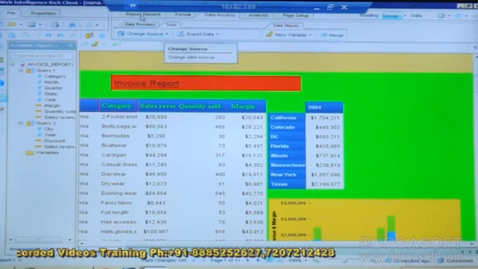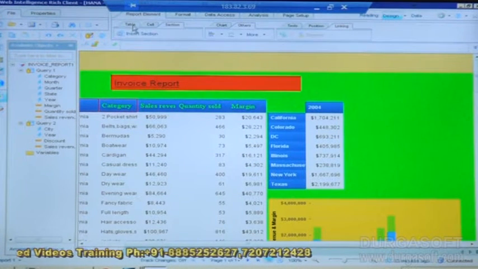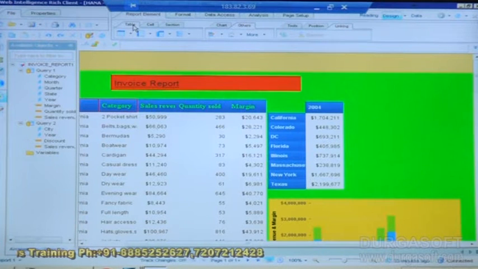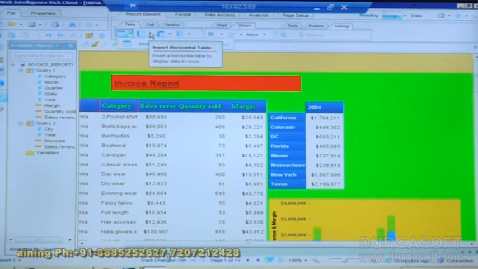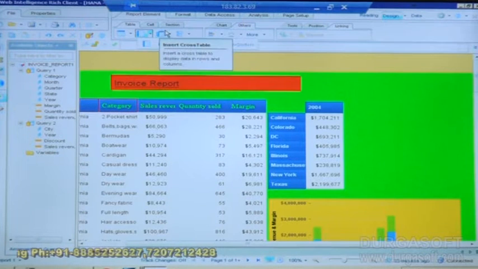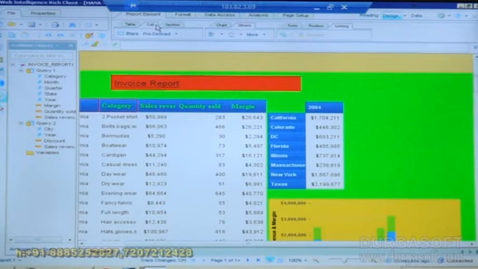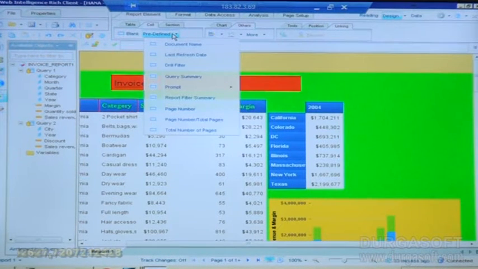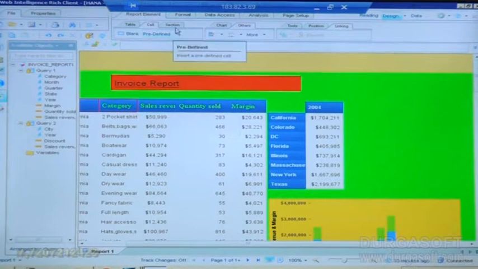Now, we did the report element, in which we saw how to create a table, like how we can assign a new table, and the different formats of tables here. We did the horizontal table format, crosstab, and I also showed you how to create a cell, blank cells, and predefined objects. If you need any prompting, selections, and under charts we have different types of charts. Like we added all the different types of charts.